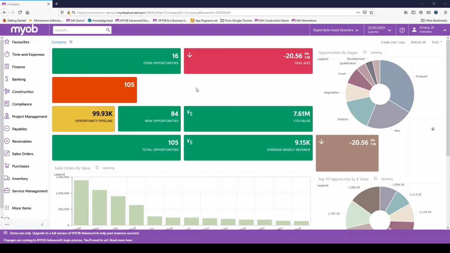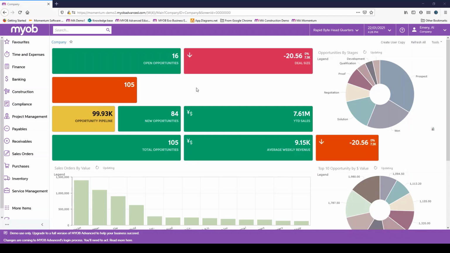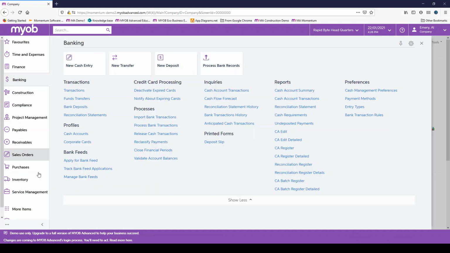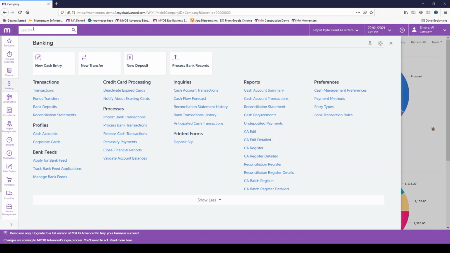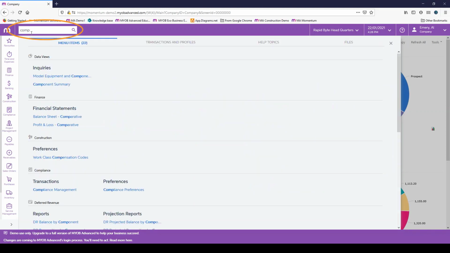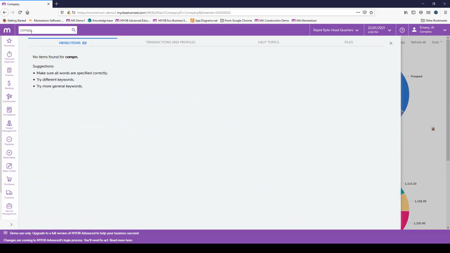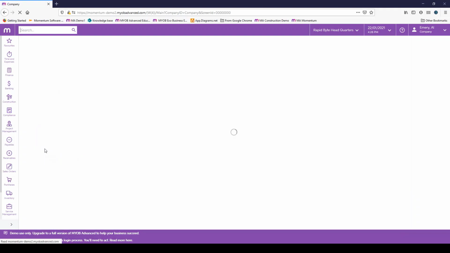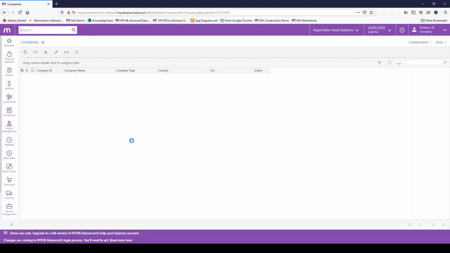So this is MYOB Advanced, and just a quick example of the ease of use of the solution. There's access throughout the system using menus. But even quicker is the global search, which immediately searches through the menu structure for whatever you are wanting to see. We're going to start with companies just so I can highlight how MYOB Advanced benefits a multi-entity or multi-company